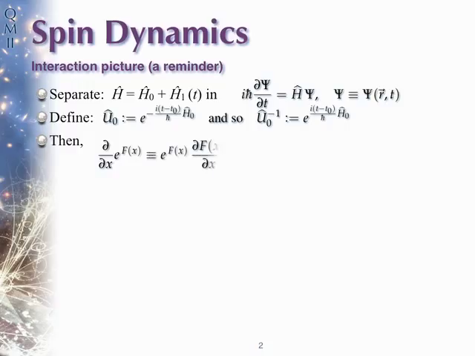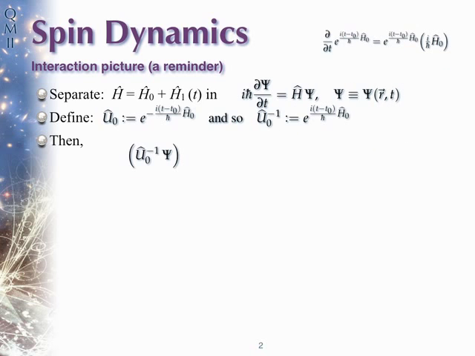So I'll also need to remind you of how we calculate derivatives of the exponential function. It's the exponential function itself multiplied by the derivative of the exponent, and apply that to U0 inverse. You get back U0 inverse multiplied by the expression in the parentheses, i over h bar times H0, the boring part of the Hamiltonian. So we'll put that aside on the top corner for later use,